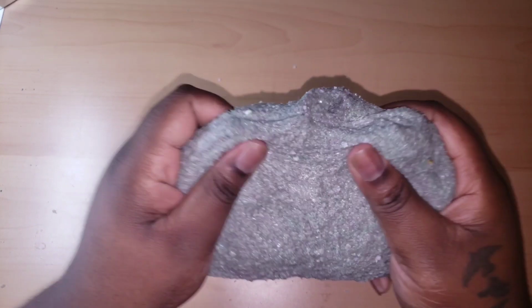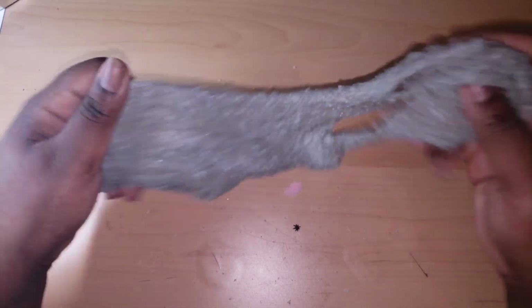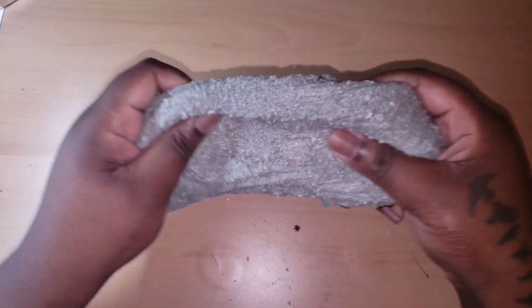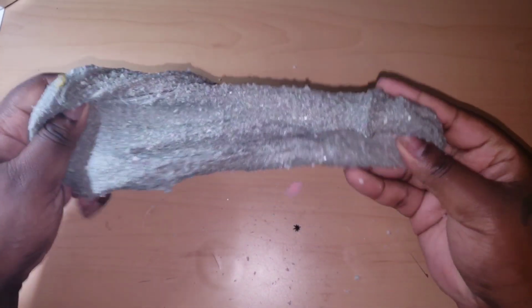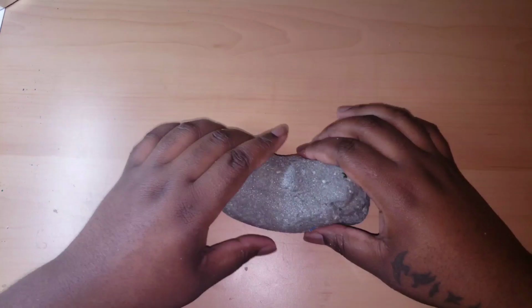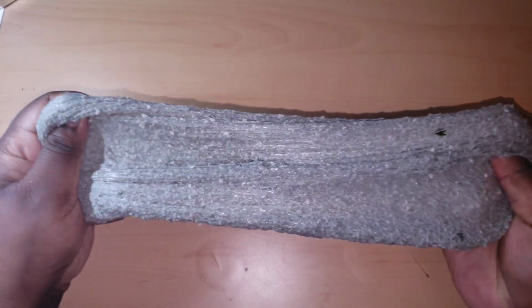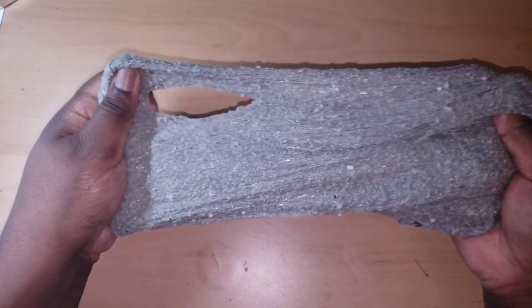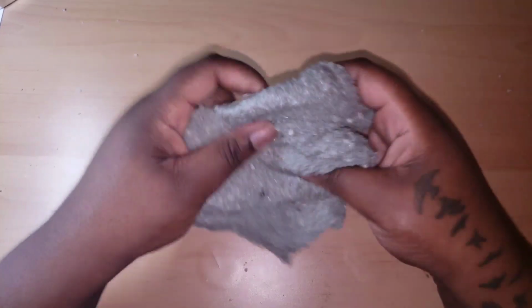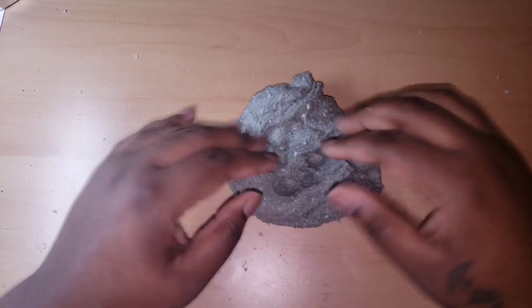it's not something that I could take off for. Now, with these slimes, you have to play with it until they become soft and stretchy. So you basically warm it up over time. The texture of the slime felt more like a snow fizz slash sand slime. It did become stretchy over time, but it also had a bounce back. I don't know if that makes sense. Like it would be stretchy and then it would kind of bounce back and not be stretchy anymore. But it does become stretchier over time because after a couple of days it was just super soft,